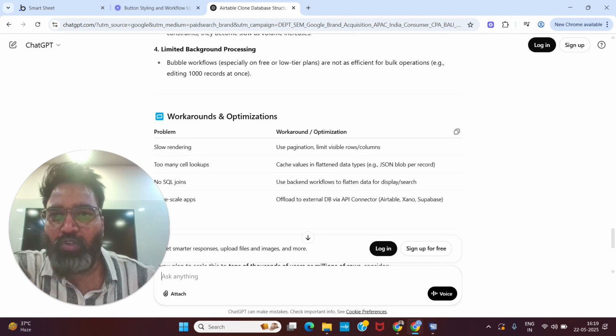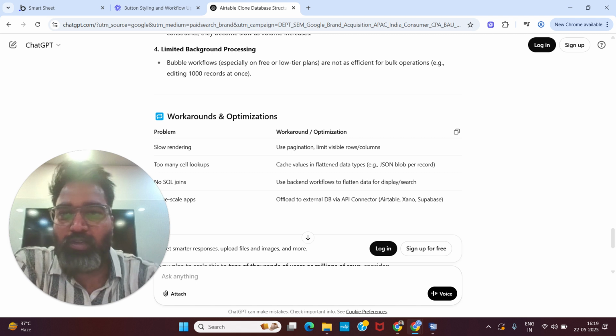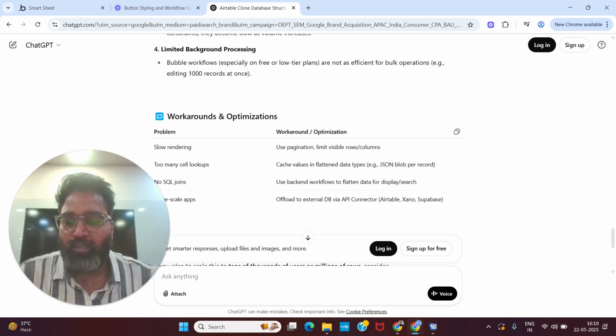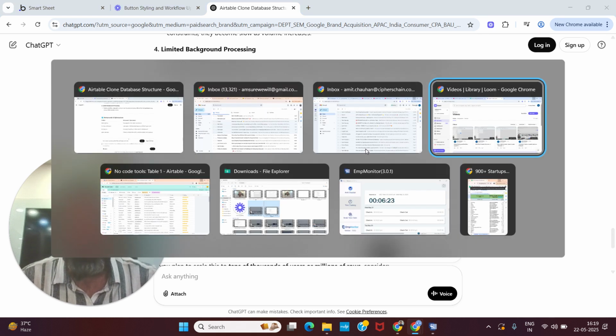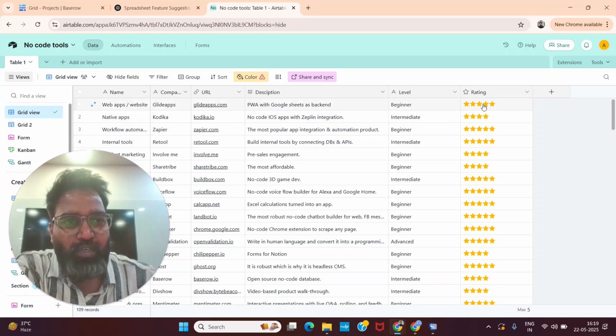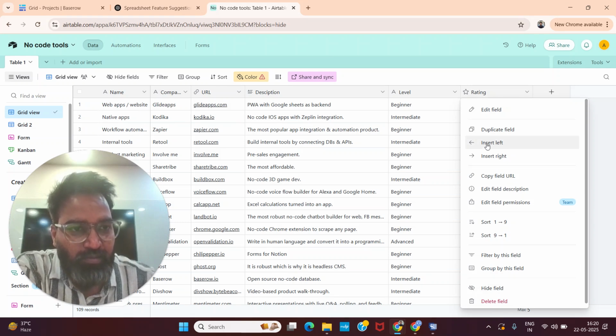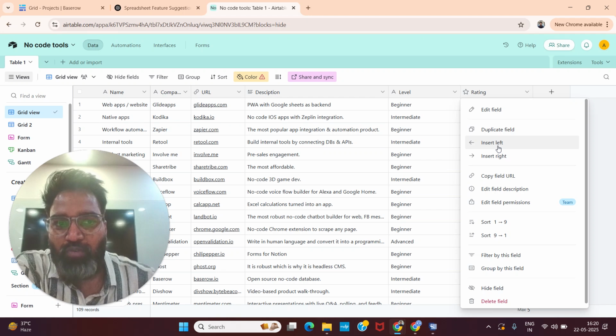That's true. Airtable has a feature, let's suppose if you want to edit a row, right? I'll show you Airtable right now. So if you see that it says insert left and insert right, right? It's quite dynamic in nature. So when we are going to insert left, then I think it's a problem